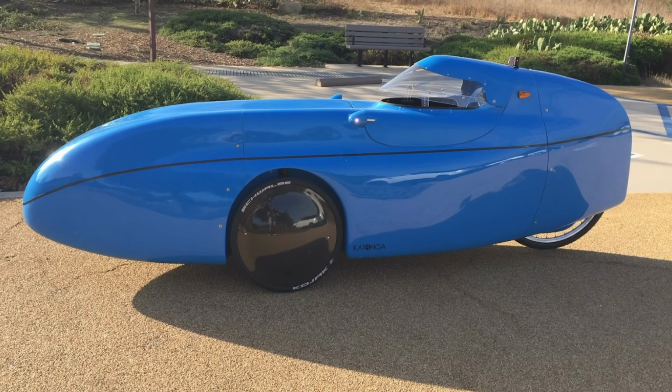That looks like 60k an hour at 200 watts to me. It does look slippery, like a bullet. Even I could go fast in that thing. Very shiny bullet as well. I think you might be able to go quickly in that. Deciding whether this is rather nice or splendid,